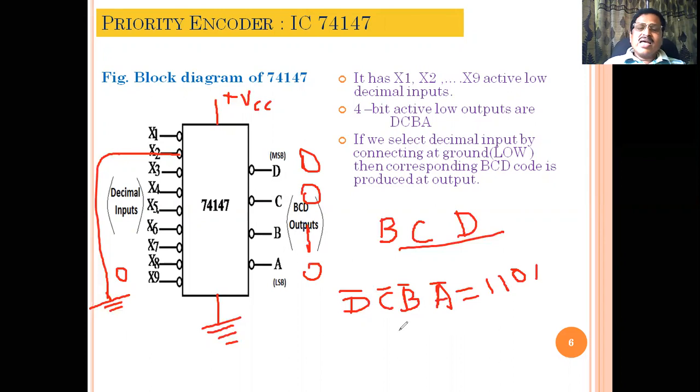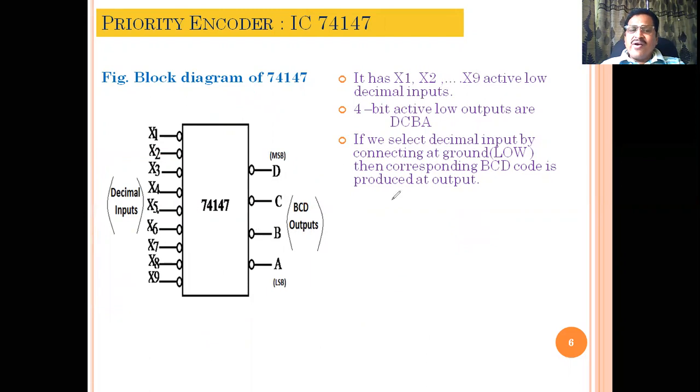So in this way you'll get the BCD with inversion or negation for a decimal 2. Likewise, you'll find this for every decimal. If I connect decimal number 7 to the ground, suppose 7 is selected, the biasing is always there, plus and ground. This is always there because the IC will work only when we apply the biasing. You'll find this content in detail while performing the experiment.